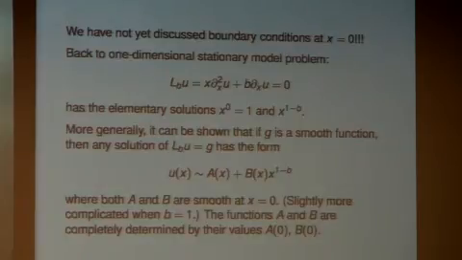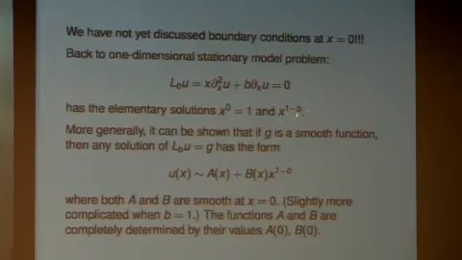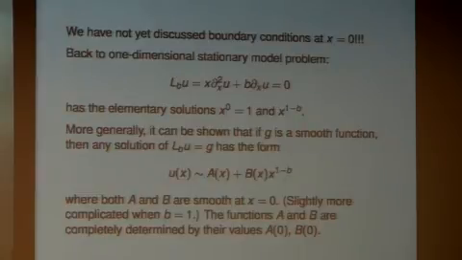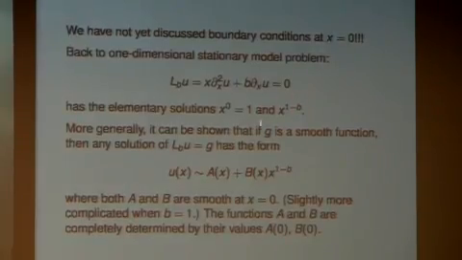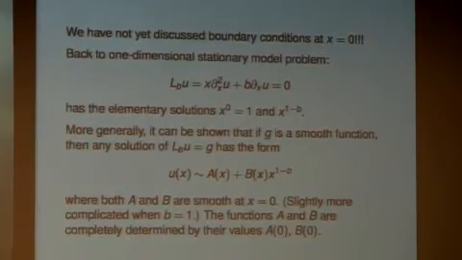Remember, b was greater than or equal to 0. When b is equal to 0, you have to worry about logarithms, but let's think about b being strictly positive. This is a power strictly less than 1. And in particular, when b is equal to 1, there's going to be definitely a log term because I've repeated the initial root. And when b is greater than 1, then this is actually negative. Okay? So I could say, if b were greater than 1, I'm just interested in bounded solutions. And that would knock out any possibility of x to the 1 minus b.